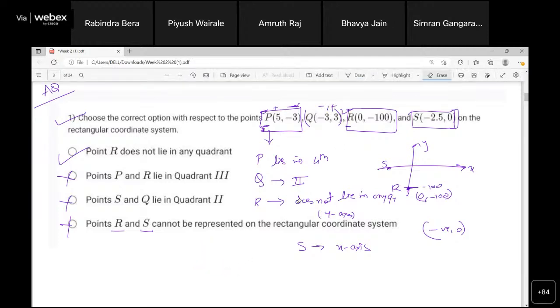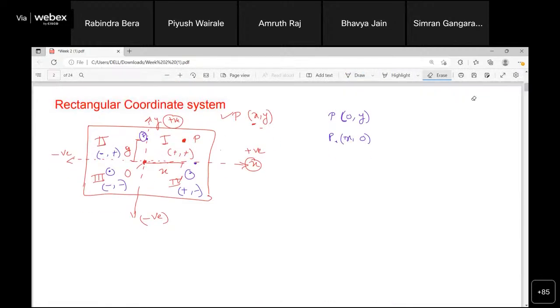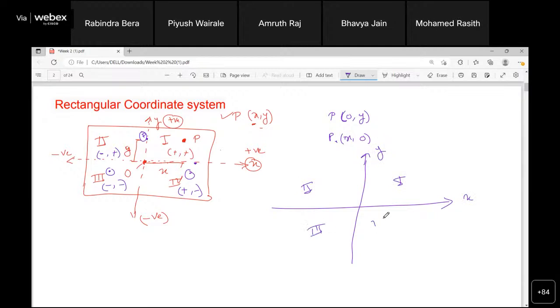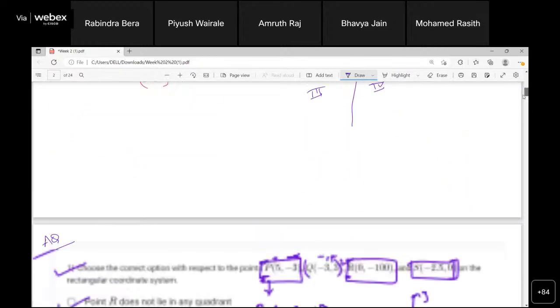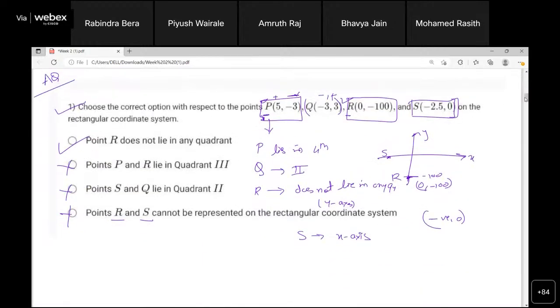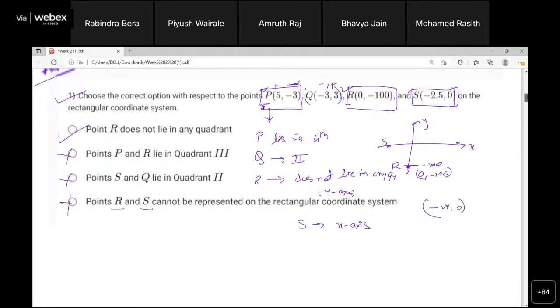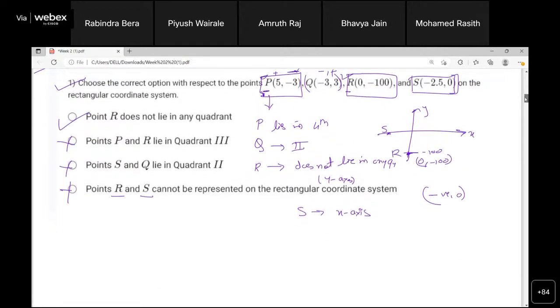So actually, the rectangular coordinate system is basically our x-axis and y-axis. Simple. So we have 4 quadrants in it, as I explained. This is the x-axis and y-axis. This is the first quadrant, second quadrant, third quadrant, and this fourth quadrant. Here you can see the convention of positive and negative signs with respect to the quadrants. So it's not like that. It does not form a rectangle. That is not the correct concept. Okay, sir. Thank you.